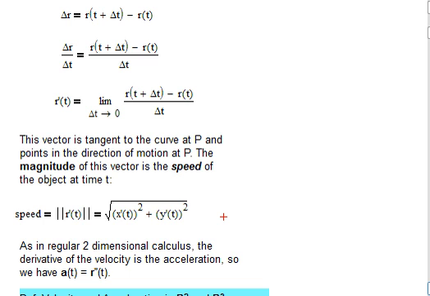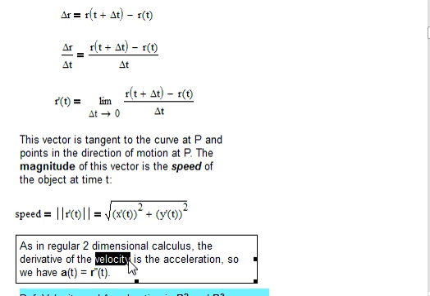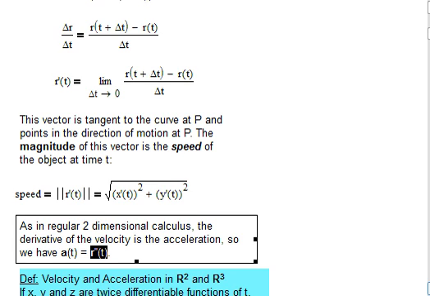As in regular 2-dimensional calculus, the derivative of the velocity vector is acceleration. And so the acceleration vector is the second derivative of the vector valued function r of t describing the curve or the position of the object at time t. Its second derivative is the acceleration. So